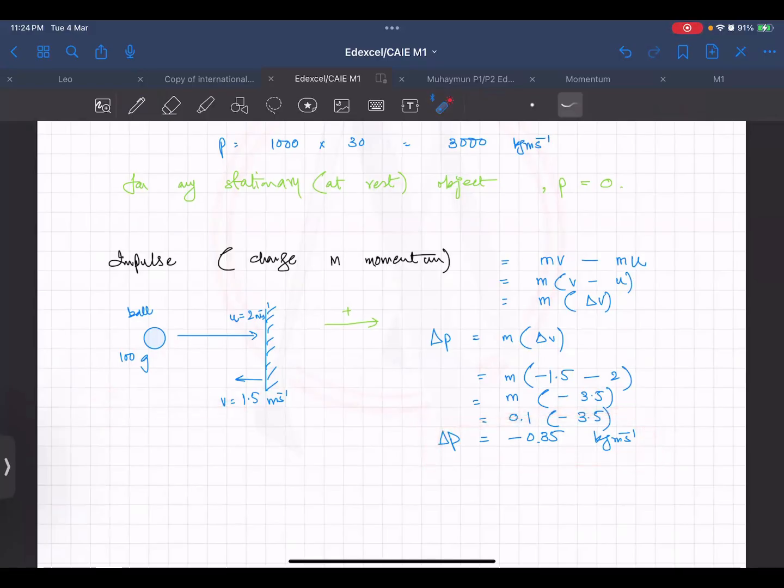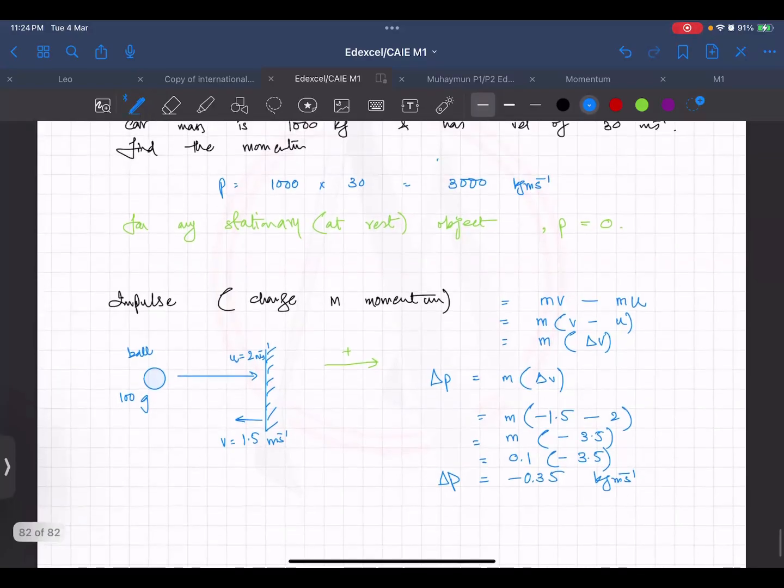Okay, so they would ask you to find impulse as well. It's a very basic question. And impulse is simply the change in momentum of any object after collision. So you will see that whenever there is a change in momentum, it would be after a